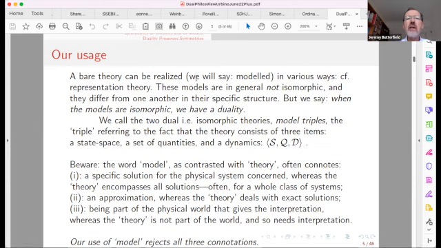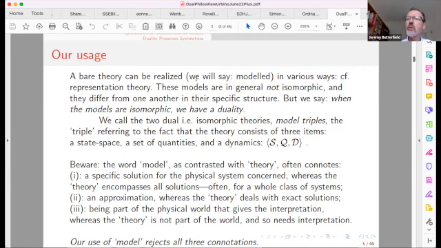As I said, and as Seb said, a bare theory can be realized or modeled in various ways, rather like representation theory. In general, two models are not isomorphic, but when they are isomorphic, we say there is a duality. And these isomorphic theories will be called model triples. And so our word model